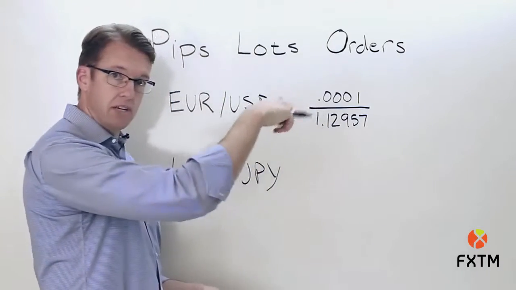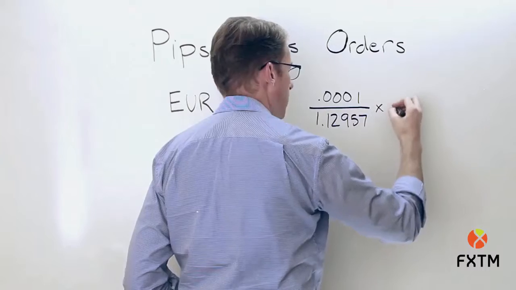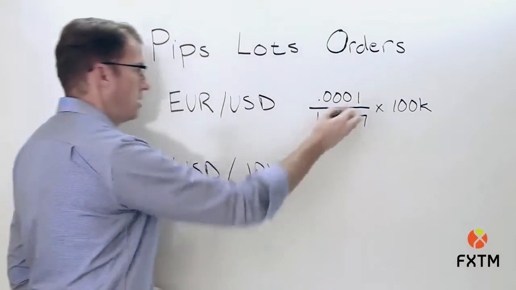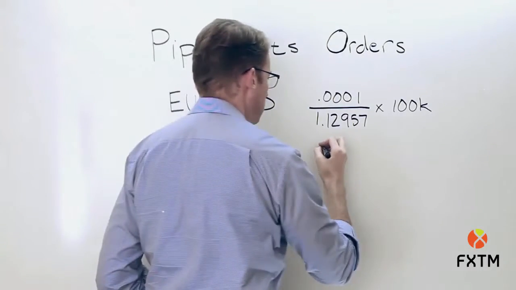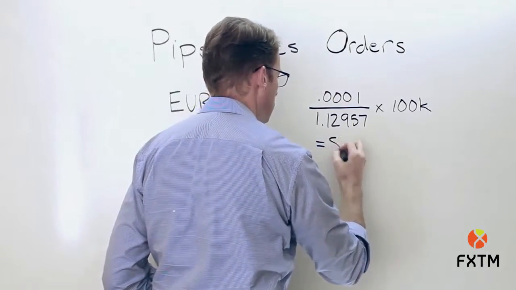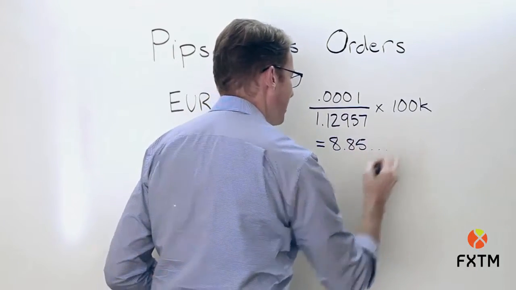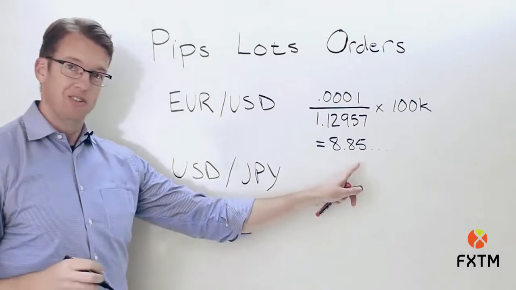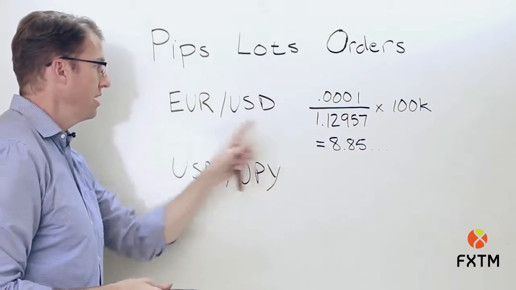Now, once we can figure out what the quotient is for this division problem, all we have to do is multiply this by our lot size, so 100,000 units of the base currency, here the euro. If you do that, you'll come up with a solution of 8.85, and we'll put a little ellipsis because the decimal goes on for a little bit after that. Now what that is telling you is how much a 1 pip move in the exchange rate is worth in